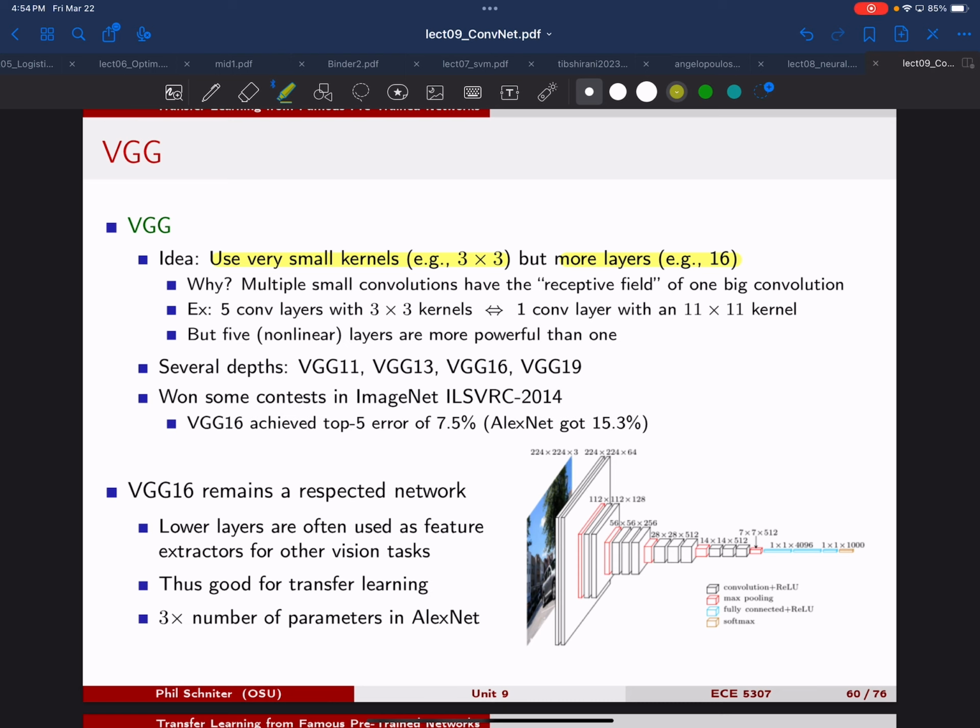Some of the intuition behind that is the following. If I have an image, and I convolve that image with a kernel, I'll call it kernel 1, and then I convolve that result with another kernel, I'll call it kernel 2,